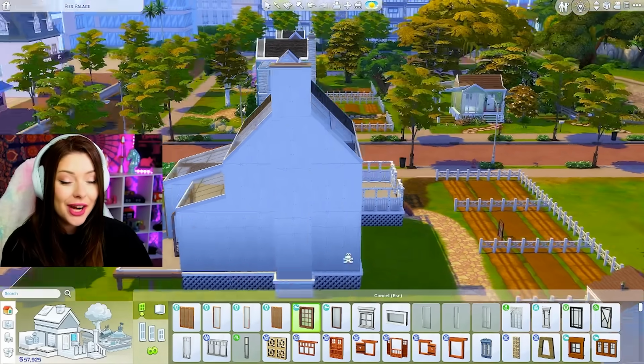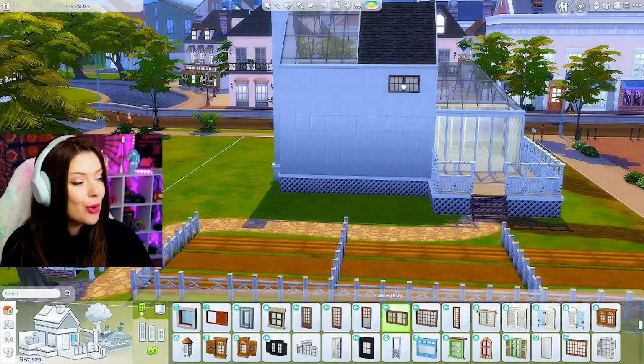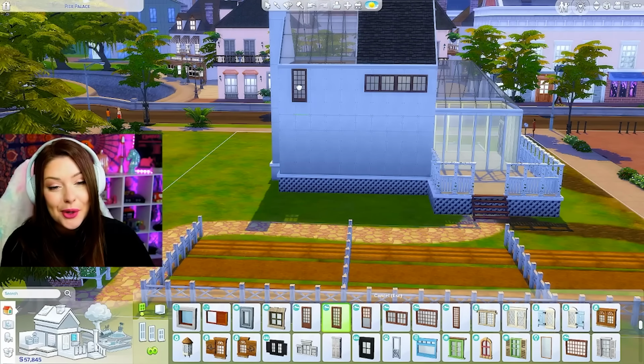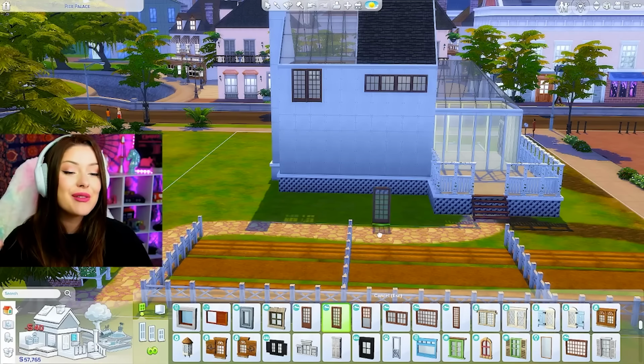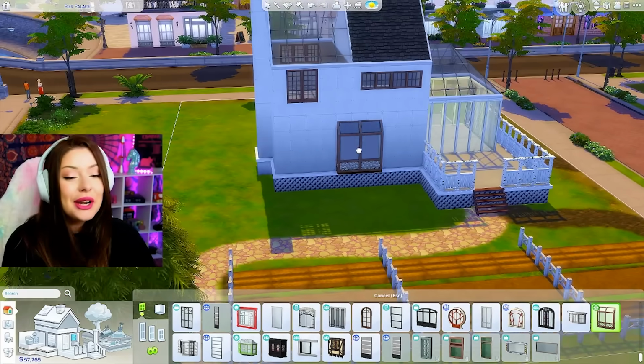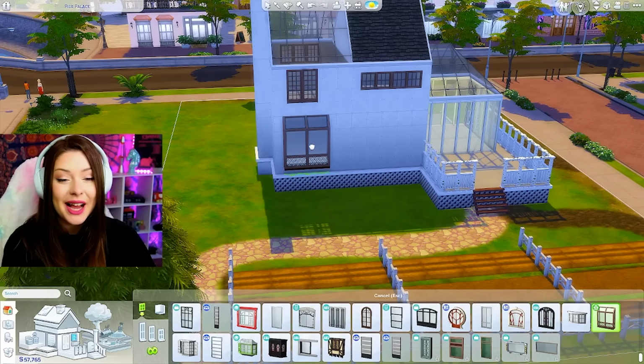I added our chimney right here. Let's do maybe a couple more windows like this. I'll put them on the side here, and maybe we can add some bigger ones in the back as well. I'm planning on adding a lot of vines going up the side, so some of these might end up being covered. I'm gonna bring this window, the bay window from Laundry Day, to the back here